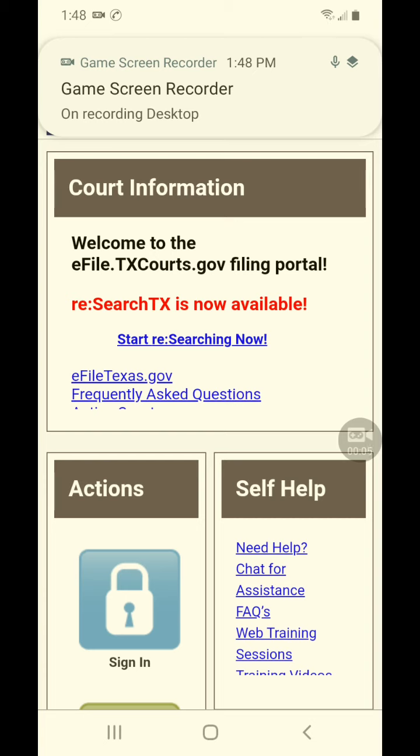Alright everyone, to do the e-filing in Texas, I'm going to walk you through the process. Disregard that little pop-up thing on the top of my screen. I can't get that to go away. Anyways,